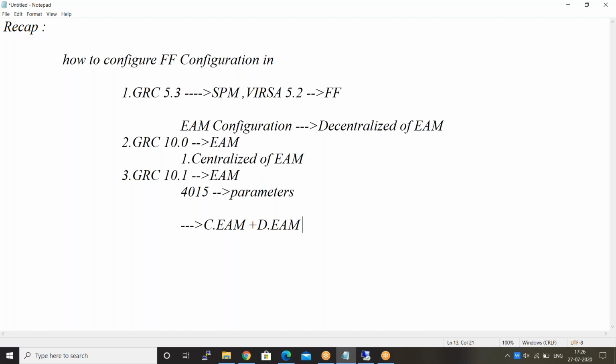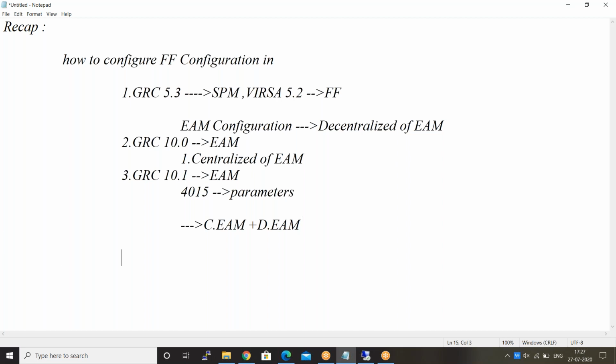Only on the plugin systems can I do all kinds of firefighting. That is all called decentralization. Last time you did the configuration for decentralization, which is nothing but the GRC system not being available. Without a GRC system, I want to do firefighting on top of the plugin system itself. You can use a transaction, /GRCPI/GRIA_EAM_SPM, and by using this transaction you can log in to the firefighter within the same system only.